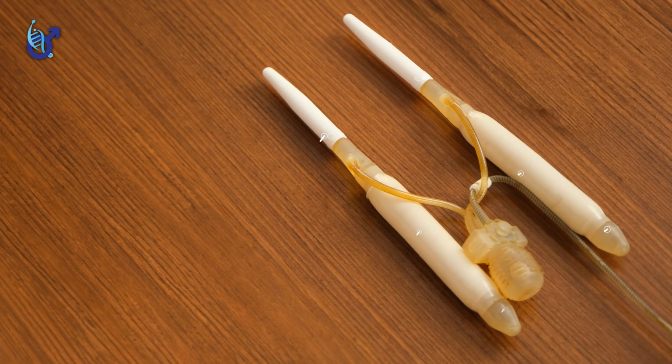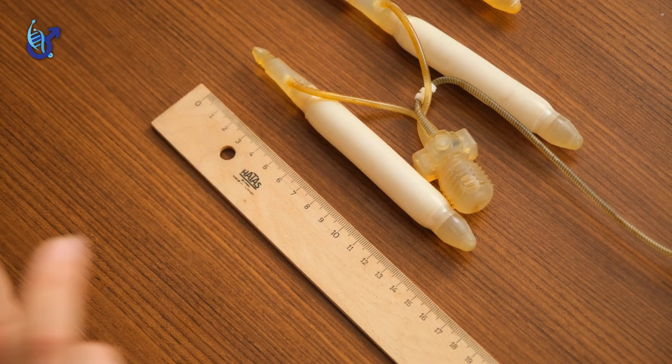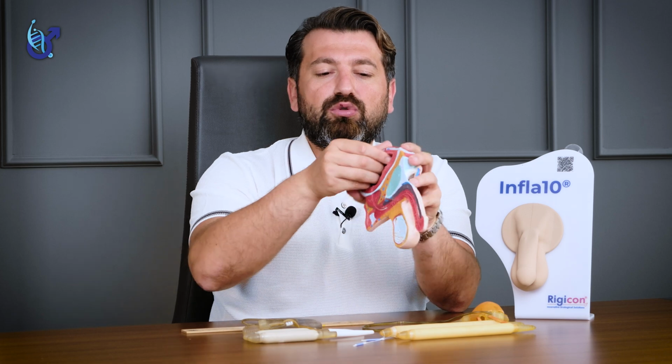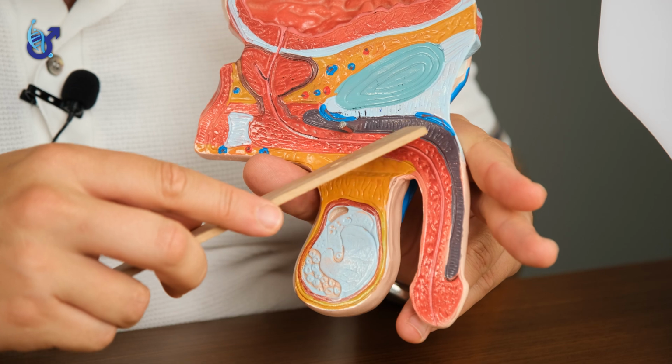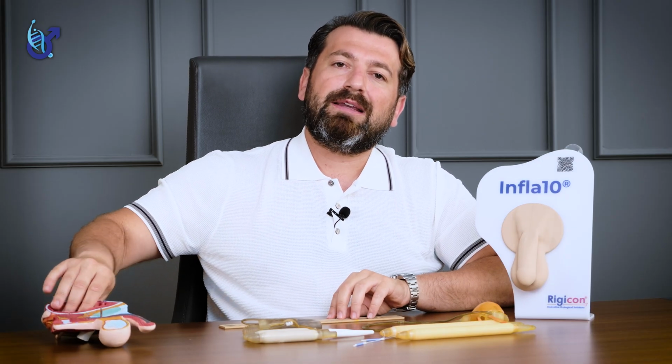There are two parts of the implant body, the inflatable parts and the non-inflatable parts. For all types of implants, there is the mechanism part, which is around 4 to 5 centimeters depending on the brand of the implant, and the inflatable part of the implant. When we are trying to calculate the size of the implant, we do a corporotomy incision, the incision that we open the corpus cavernosum with, and then we calculate the proximal and the distal part of the implant. As you know, there are two parts of the penile body, the inner part and the outer part, and the level of corporotomy, the level of the incision that we make to open the corpus cavernosum, is very important